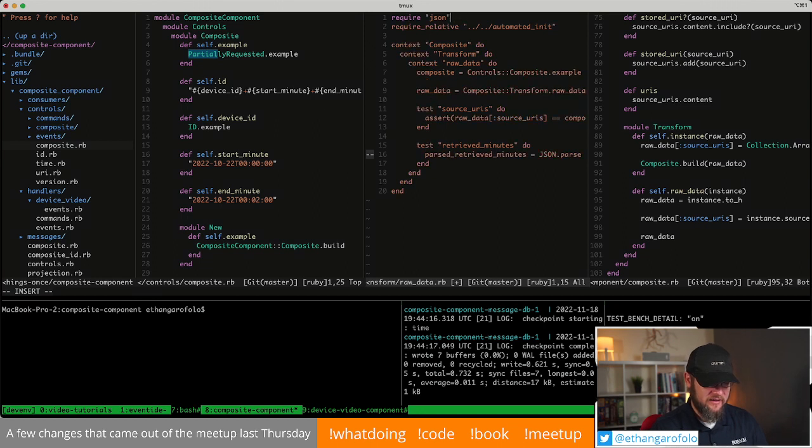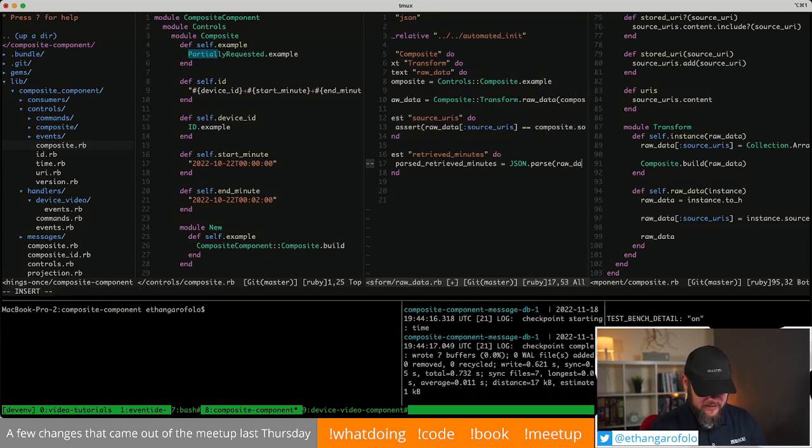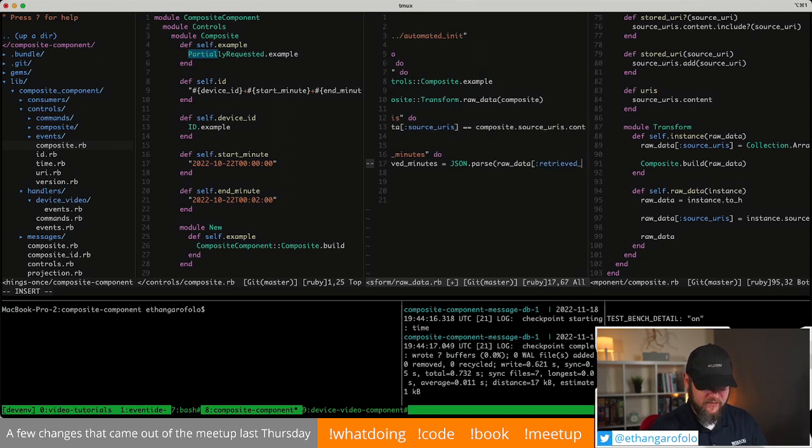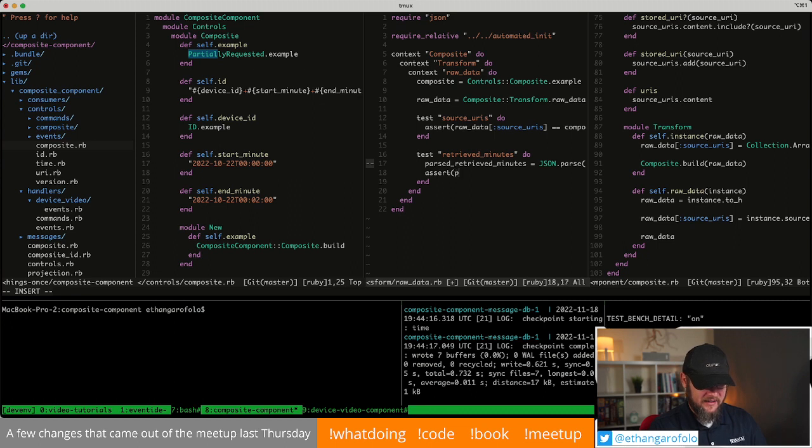Oh, man. Single quotes. Amateur hour. Just kidding. If you use single quotes, that's fine. So parse retrieved minutes equals json.parse raw data retrieved minutes, like so. Great. And now we would want to assert that the parsed retrieved minutes is equal to the